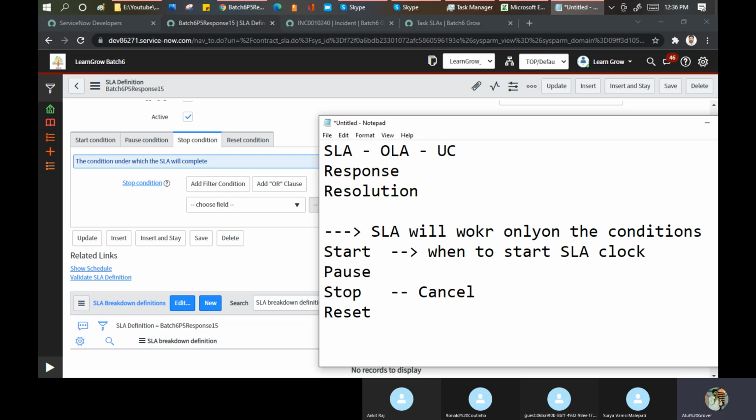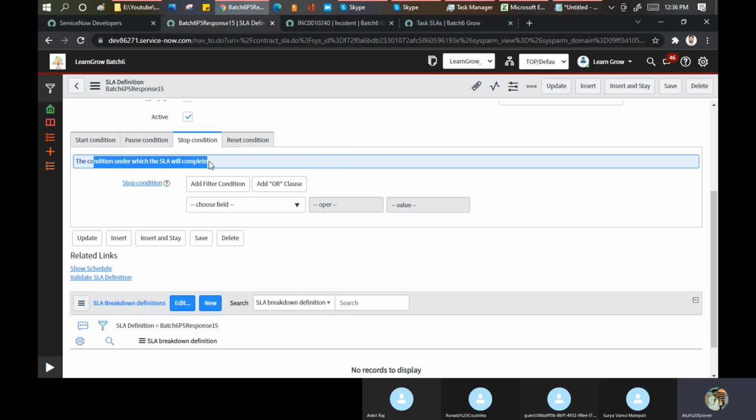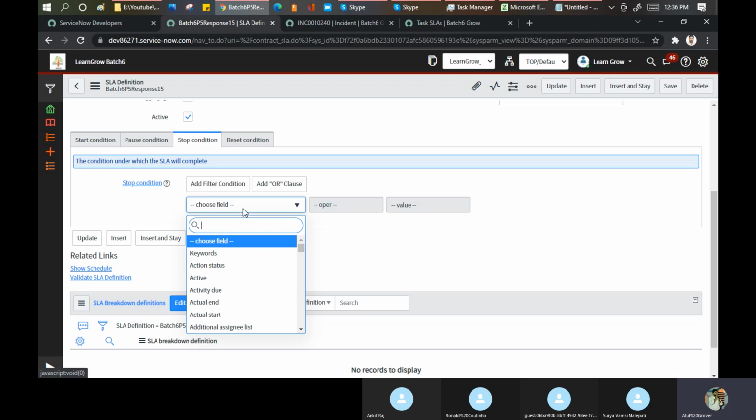Stop and cancel are not equal, these two are different. If your SLA has been stopped, it can be re-triggered as well. But if your SLA has been cancelled, it will always be a new SLA. So you have to put the stop condition here: the condition under which the SLA will complete.